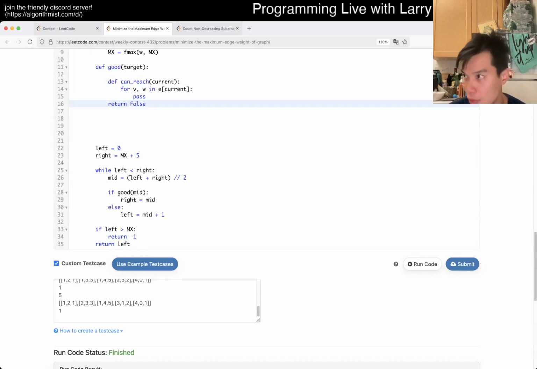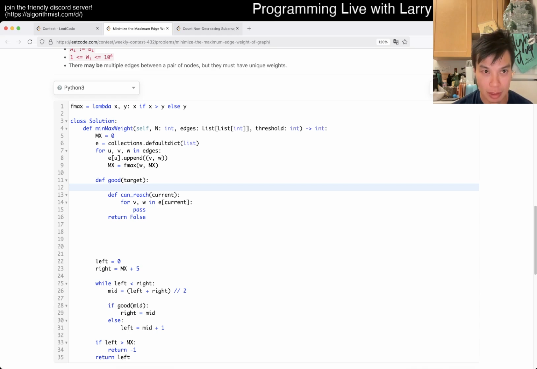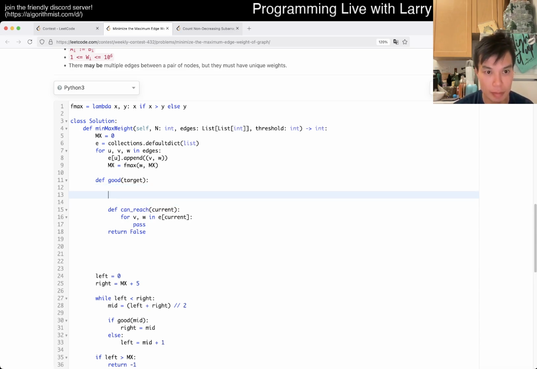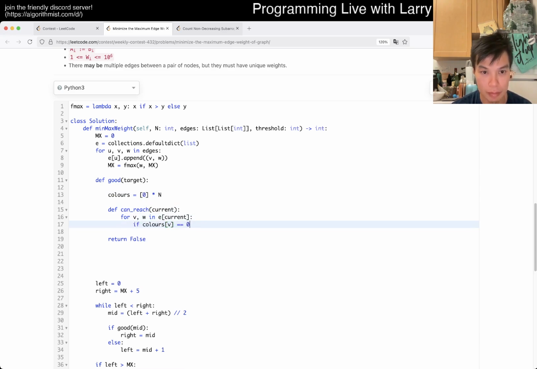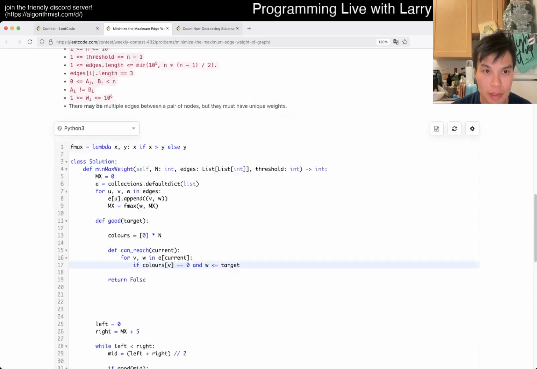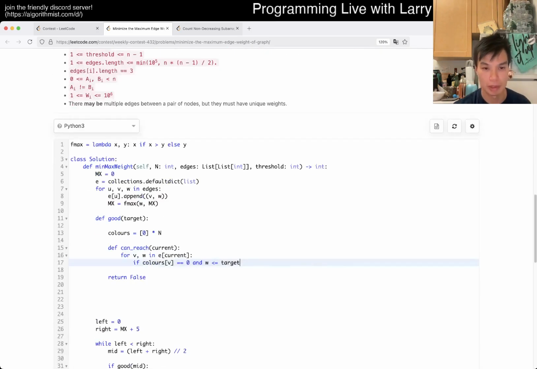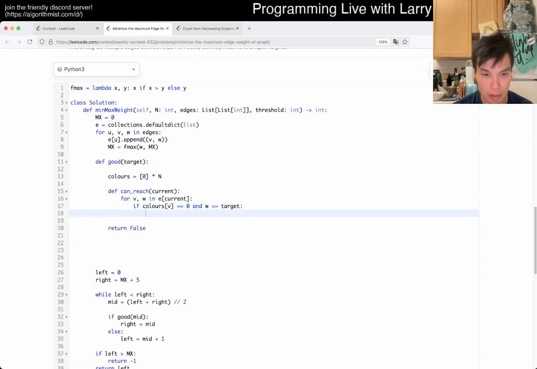So we have to consider cycles, so we have to do the coloring, right? How do we do coloring again? I forget. It's so much easier with just a cycle, but okay. Maximum that we remove. Oh no, it's okay. So this is the maximum weight. So if this is good, then